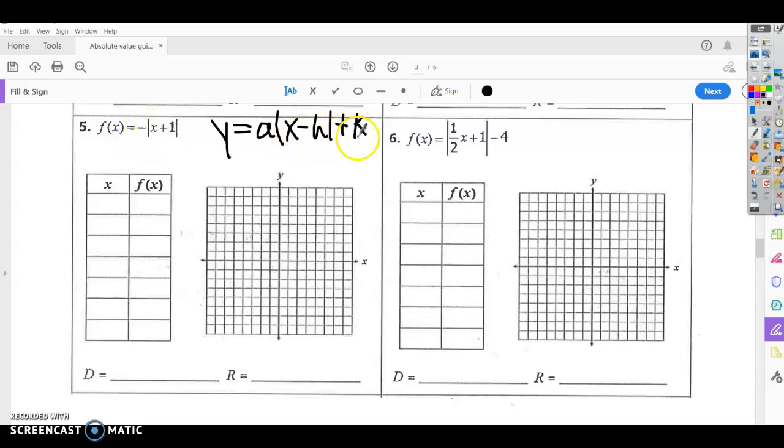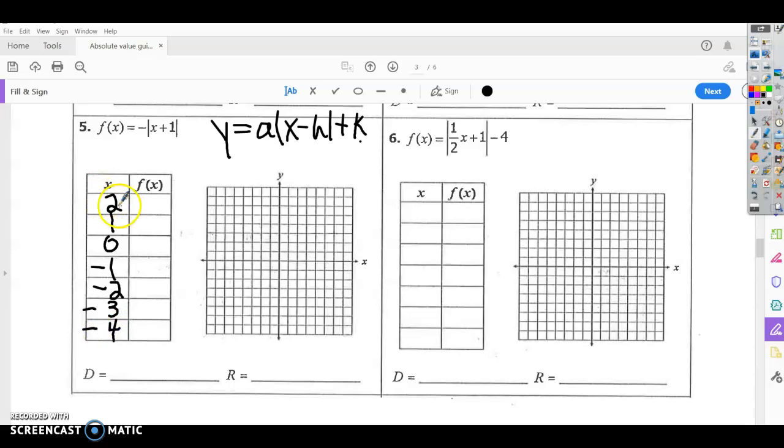And then h and k is our vertex. So opposite h and then plus k. H moves you horizontally, k moves you vertically. So for number 5, opposite h would be -1. That's going to be our vertex. And if I go the other direction,